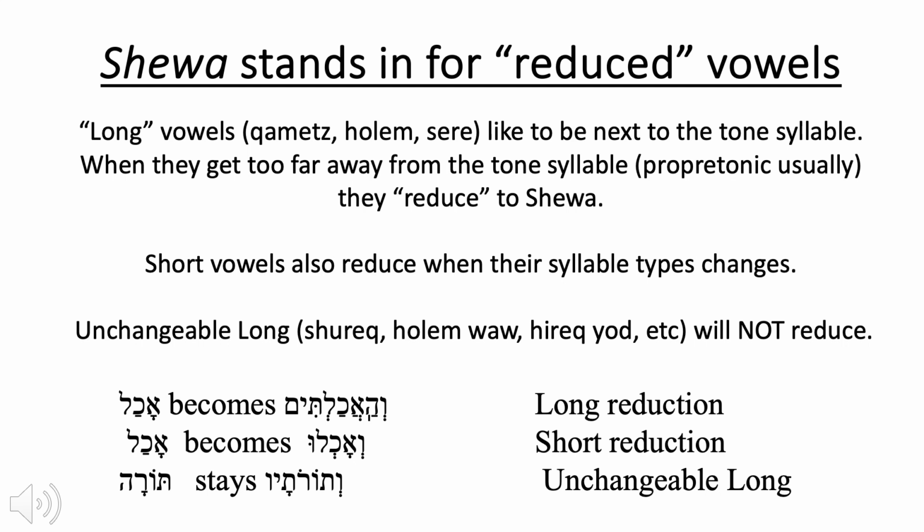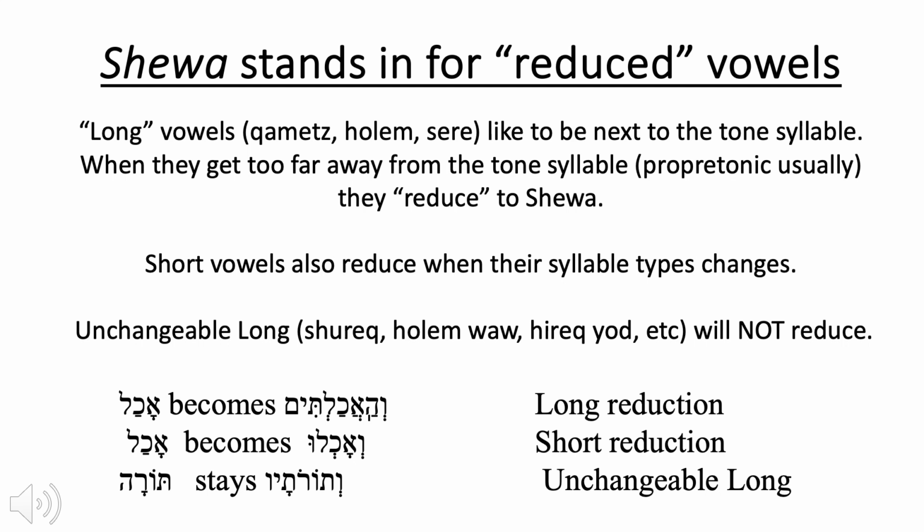Vahaakaltem. In the second example, akal still has the accent on kal, but this is vaakalu. The aleph and the kamets stay where they are, but the kaf has lost its vowel, the patach, which has now become a vocal schwa. This is important to realize because this is not vaoklu, with a short O underneath the aleph, but still the long A, kamets,